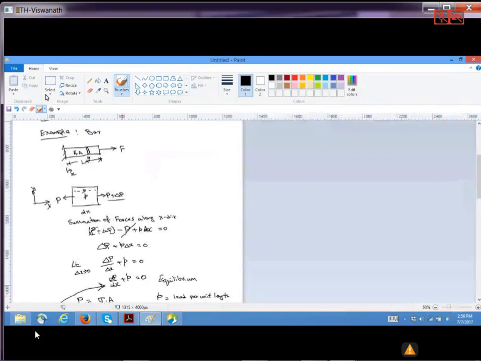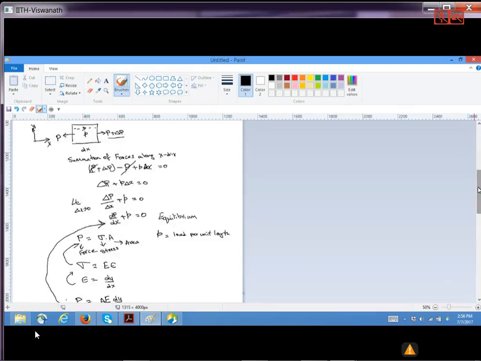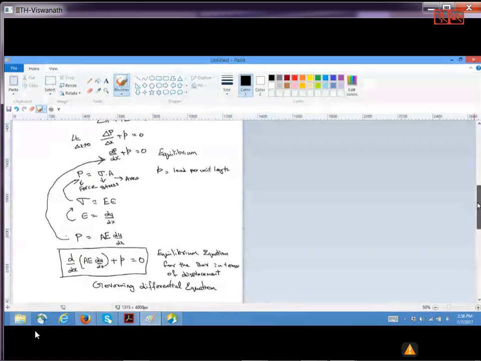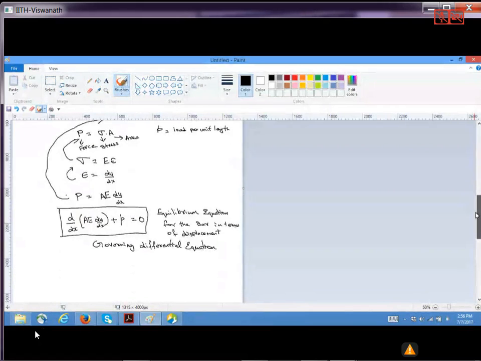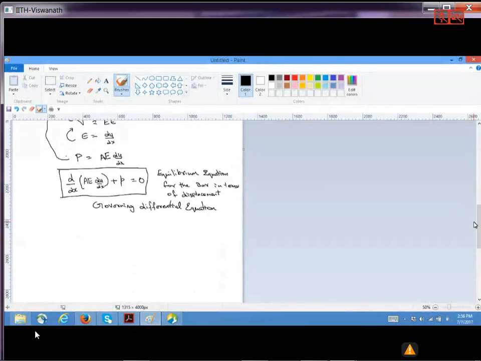So we took a bar and tried to see the equilibrium in a small differential element. We zoomed in and wrote that if this side is P, the other side would be P plus delta P, and this one is the body force per unit length. By summation of the forces, which is nothing but equilibrium, and making use of the stress and strain definition, we wrote d by dx of (AE du by dx) plus p is equal to 0. Here I want to hold on a minute and say that